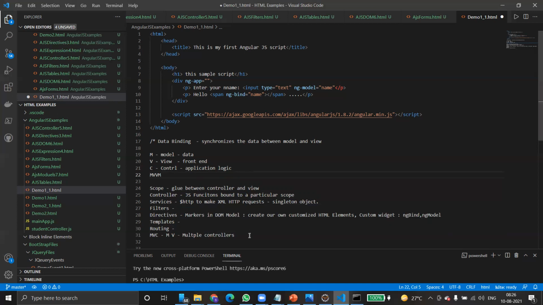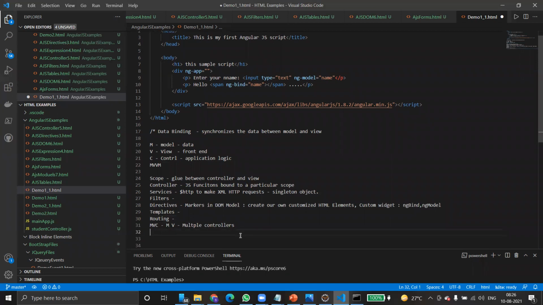Then coming to linking, how AngularJS takes care of linking the libraries and all, called deep linking. What is deep linking? It encodes the state of the application in the URL, so it can be bookmarked. The application can then be restored from the URL to the same state.